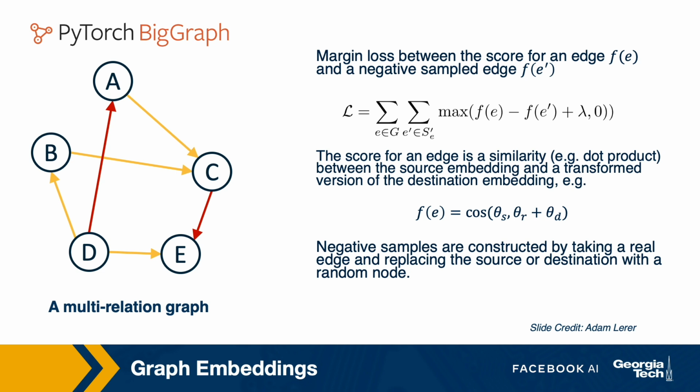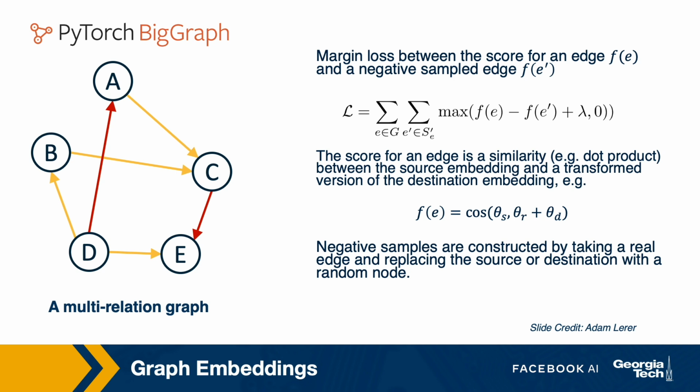Here I'm going to talk about the family of graph embeddings that we support in PyTorch BigGraph and essentially the way that we train those embeddings. Given a multi-relation graph like the one on the left, where different colors of the edges represent different relations, we want to optimize the loss function L such that for a simple function of an edge